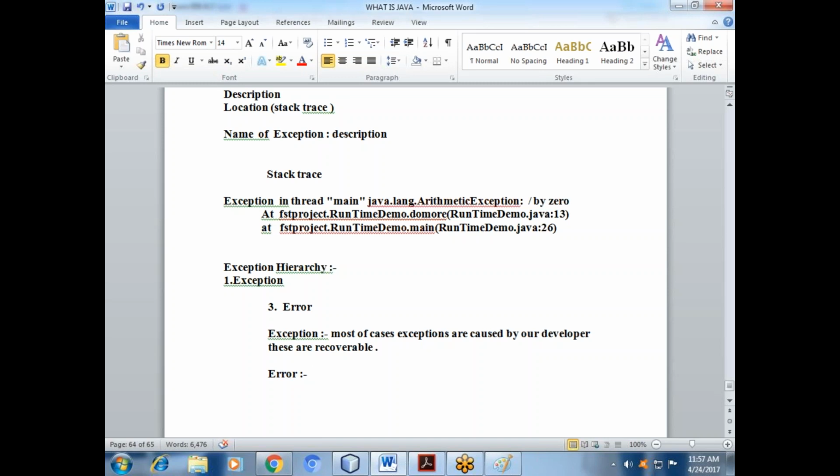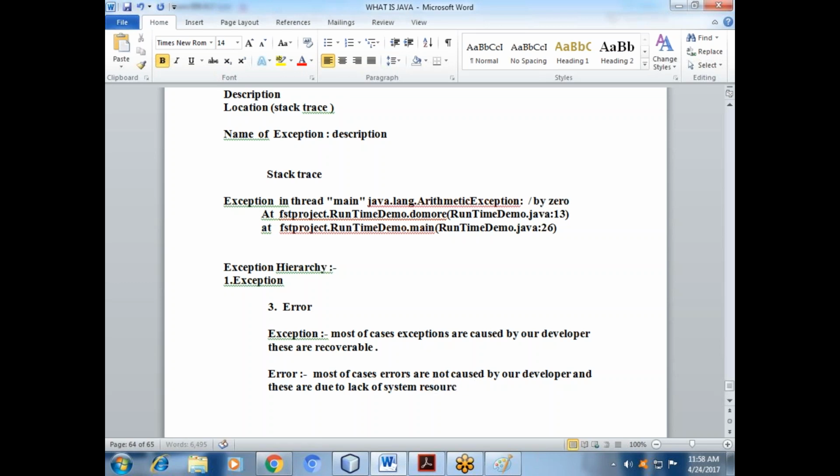So you can write: most of the cases, errors are not caused by our developer, and these are due to lack of system resources.